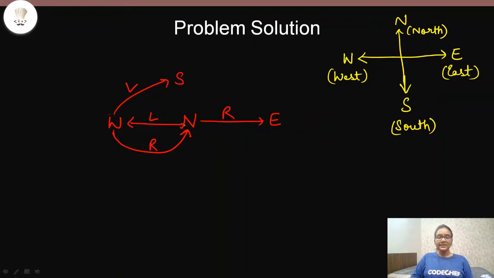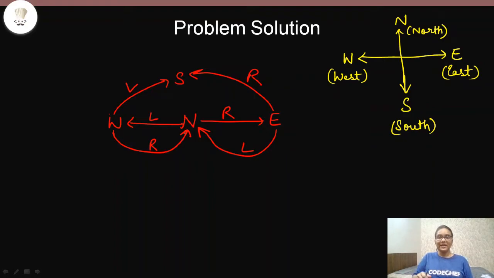Now let us see what happens from the east direction. Facing east, if you turn towards left, then you will go back to the north direction again. So we'll put an arrow here towards north. From east, when you turn right, you will go to the south direction, right? Because if you turn left, you go to north, so the only thing left is south. So when you are turning right, you will go to the south direction. So this